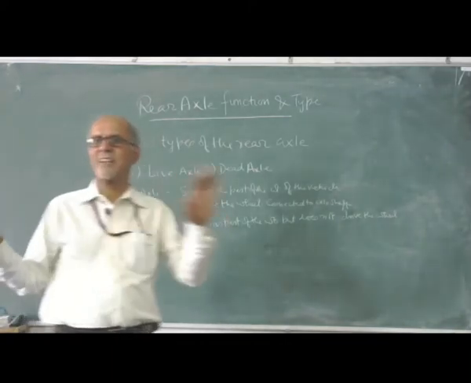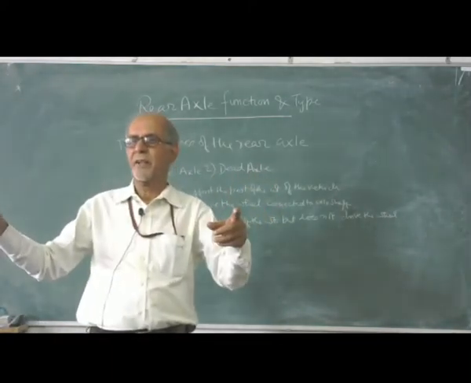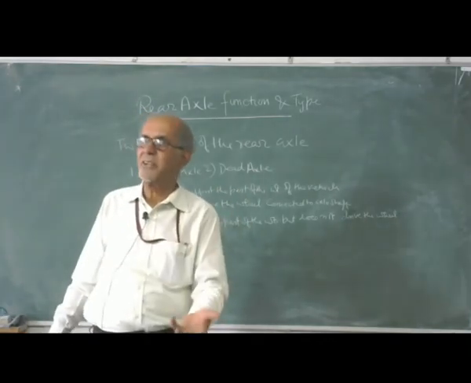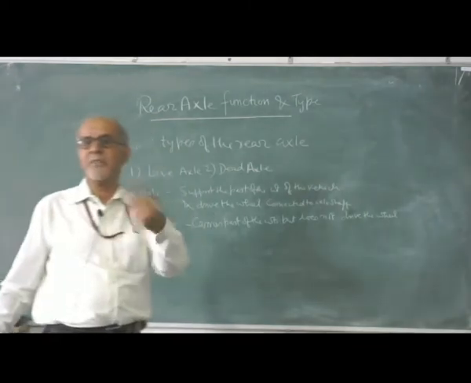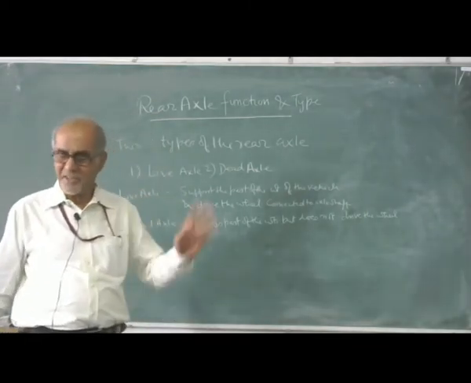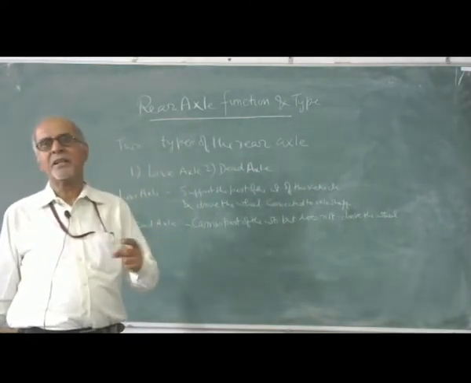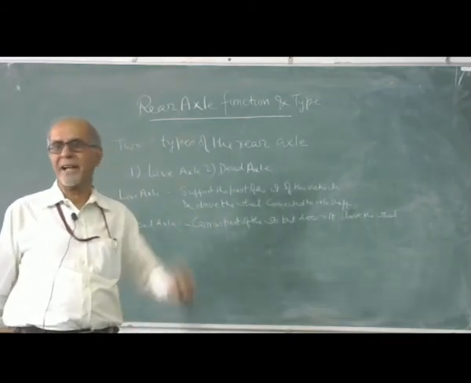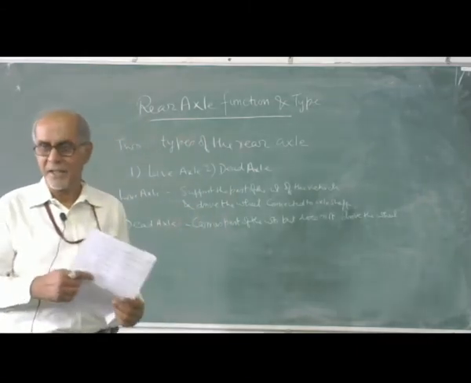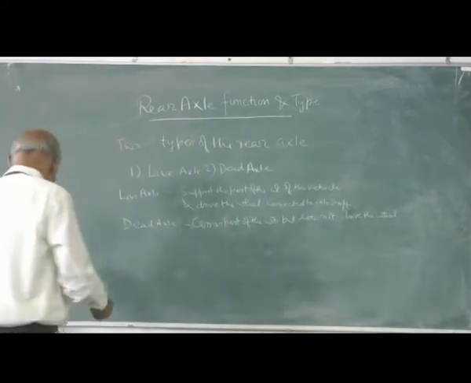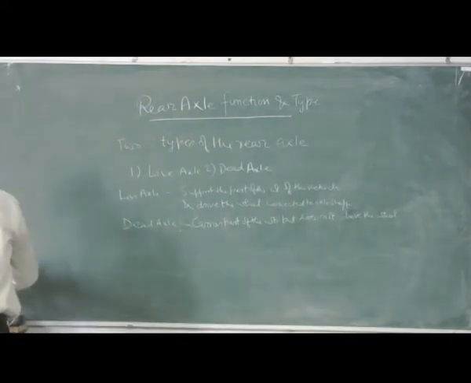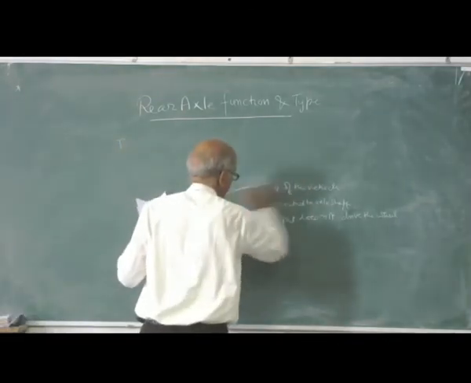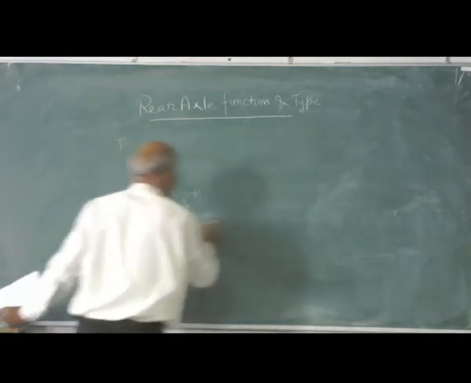All small vehicles have front wheel drive and the rear wheel is free. Then the rear wheel is your dead axle, and the front wheel is giving the driving. Okay, but in trucks, the reverse. The rear wheel gives the drive while the front wheel is free. So the dead axle will be the front axle. Okay. Now there are two types of rear drives that I am going to tell you, and with the sketch I will explain you.